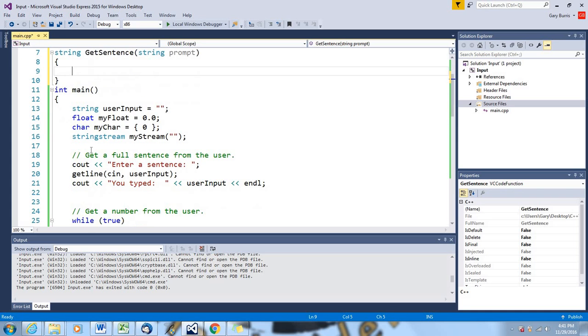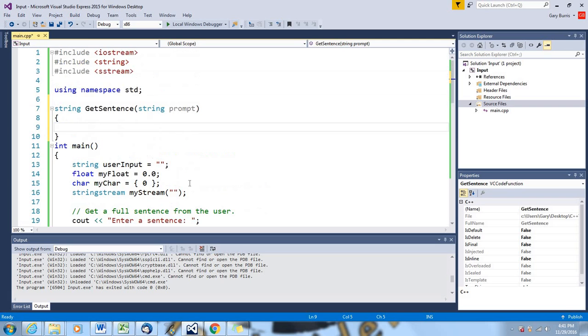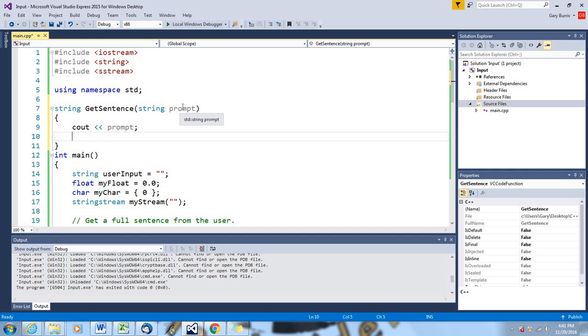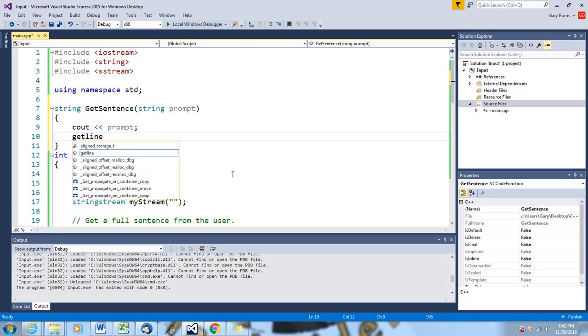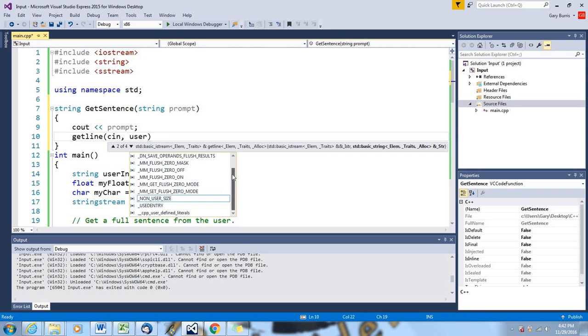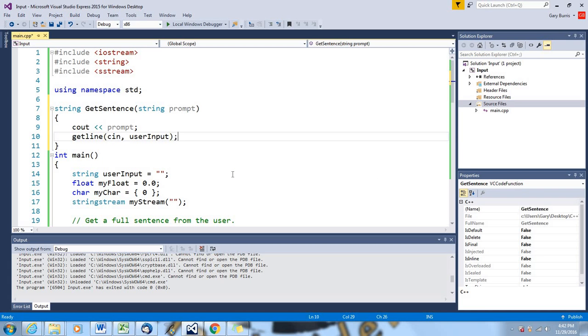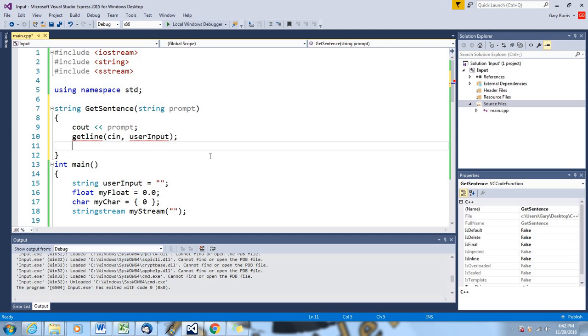So it's almost going to be the exact same thing as what we did down here. We wrote cout, and then we prompted the user to enter a sentence. So in here, we're going to write cout, and then just write prompt. Whatever we send it in this variable prompt is going to get outputted to the screen. And then we write exactly what we had down here, getline(cin, userInput);